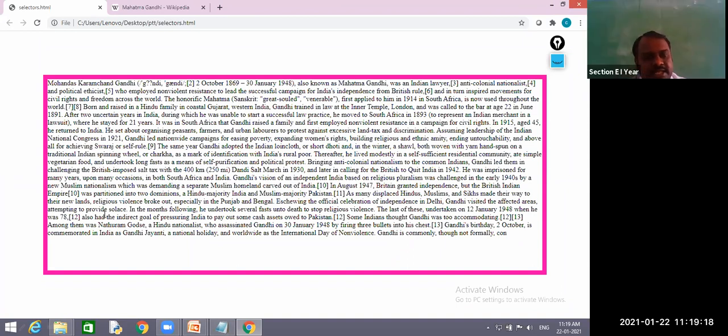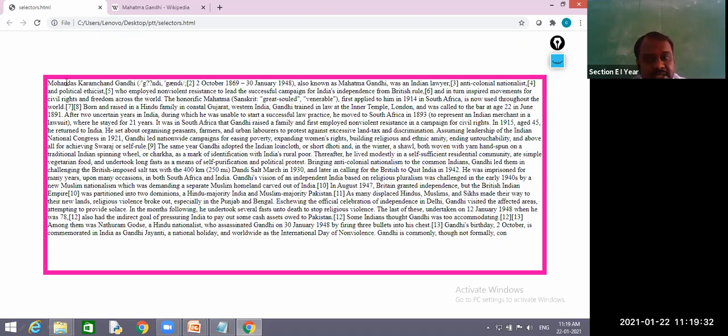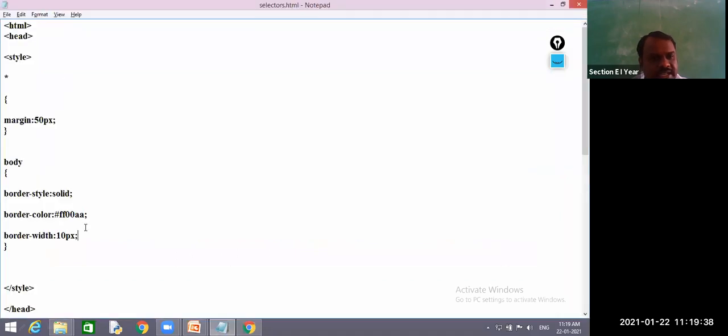Now next one is, are all these borders edged borders or curved borders? Here you can find edge or curve. Edge, but I am not expecting edge. I want curve. So to give a curve to your border, we need one more property, that is border radius.